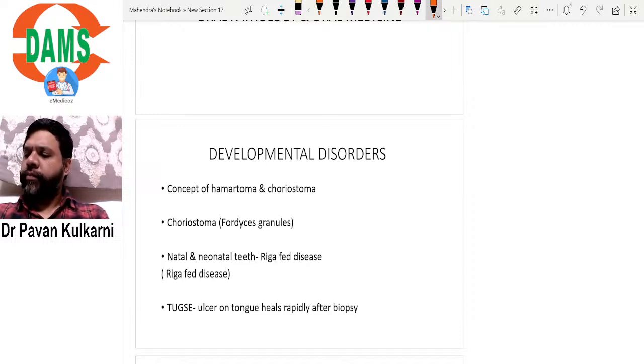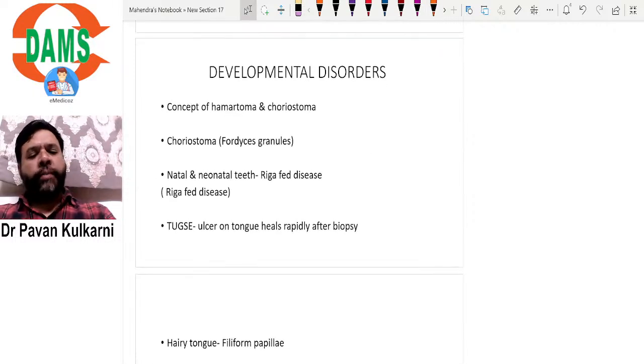Whereas choristoma is benign proliferation of cells not native to that place. All of us know the typical example of choristoma, that is Fordyce's granules. Okay. Now, here